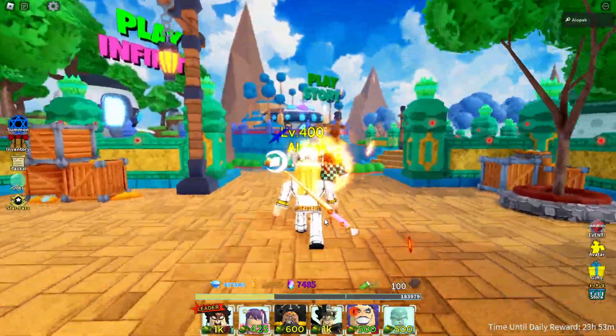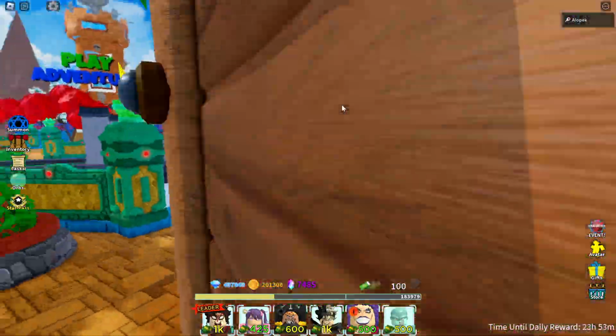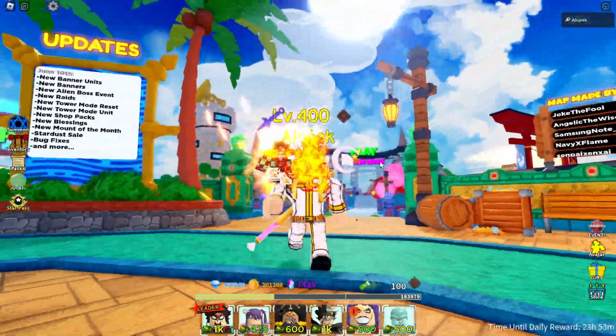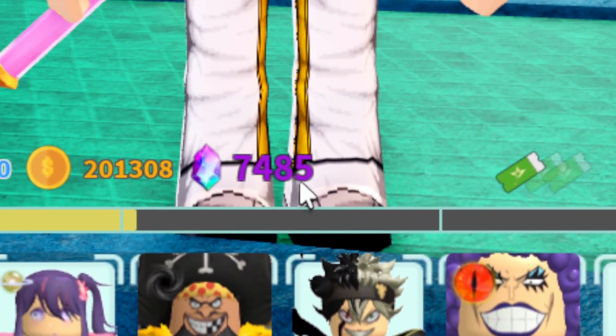So good luck, guys, because we are expecting a tower mode reset with the big update. So make sure you guys go beat tower mode real quick, get yourselves 1100 Stardust, and then when the update drops, beat it again, and that's going to be a total of 2000 Stardust. And hey, maybe you guys will eventually be able to catch up to your boy Blam with 7,485, but hey,